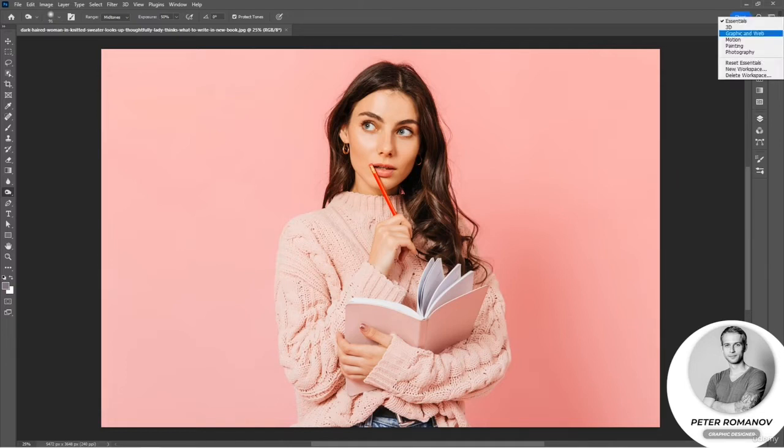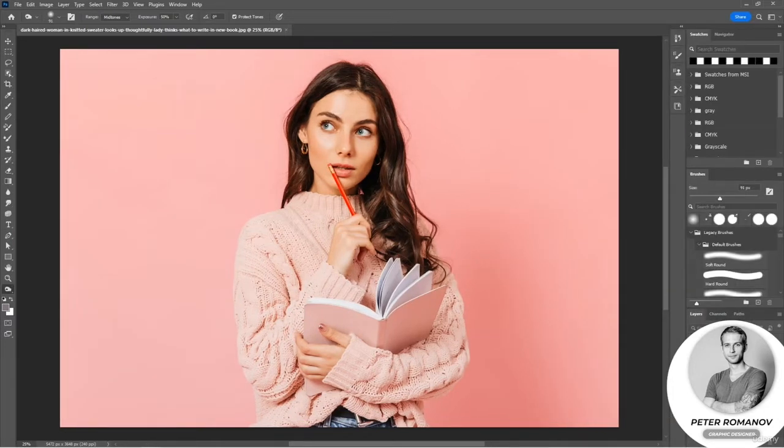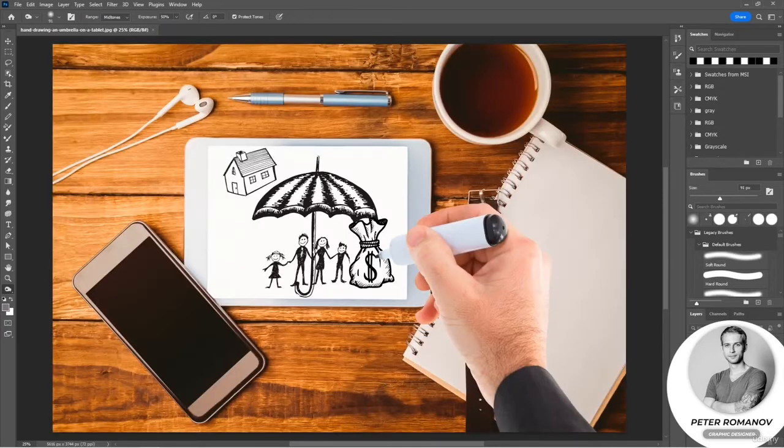For example, creating 3D, working with graphics, the internet, animation, drawing, and photography. Let's look at an example of drawing. In general, drawing in Photoshop is a very exciting activity, and let's see what possibilities Photoshop offers in the form